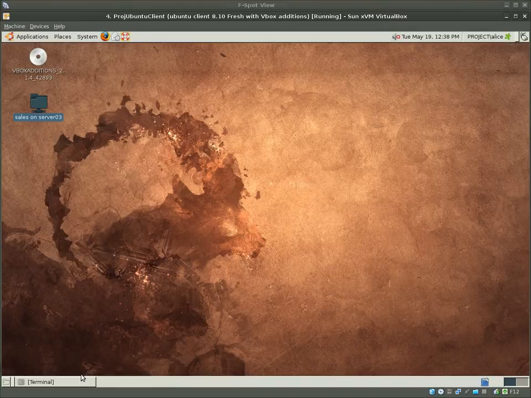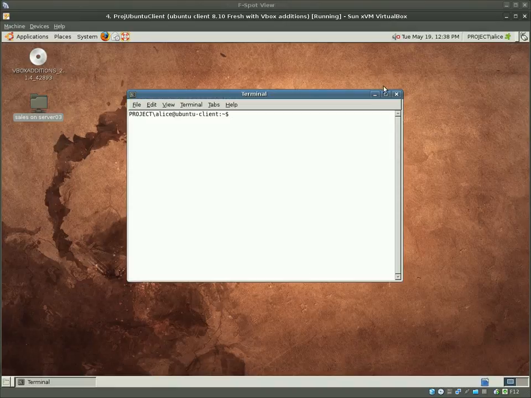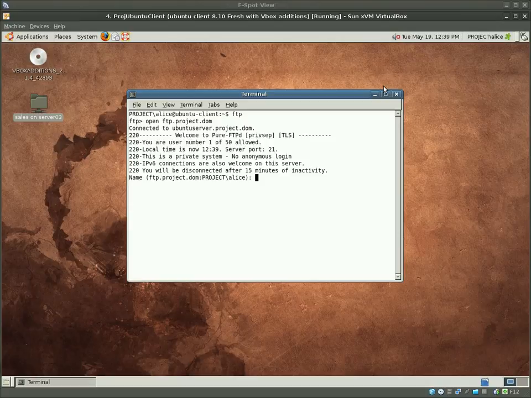And let's take a look at FTP access. Here we are at the terminal, and we'll just use the plain old terminal FTP. And we're going to open ftp.project.dom. And it's connecting over to the Ubuntu server at project.dom. And in a second it will connect. There we are. It's going to ask us for our username, which is going to be Alice, obviously, and her